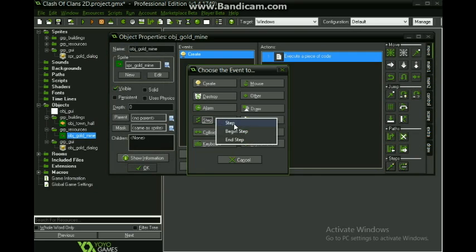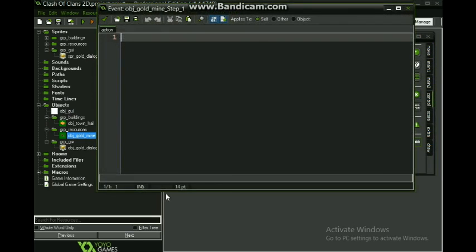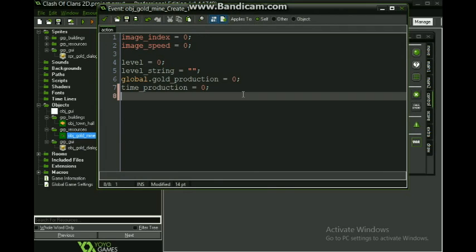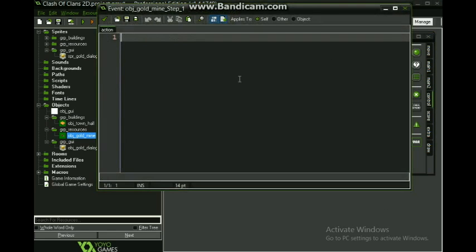Okay, so now if we go to our step event, oh yeah, I forgot, we should check in case our gold mine is full. We say producting is equal to true. First it's true because the gold mine is not full yet.